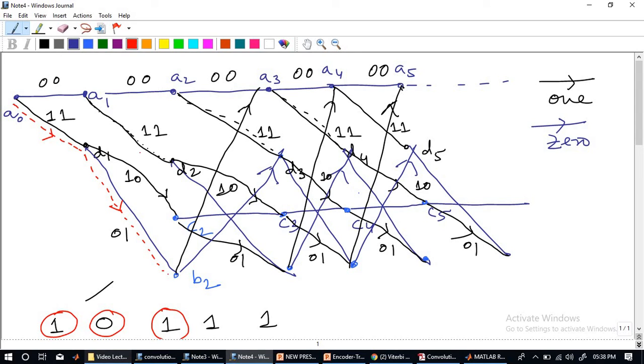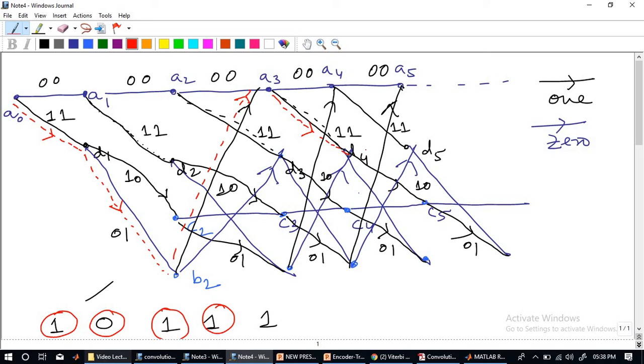So we are at this position. Now 1 comes in. 1 means black color. Wherever the black color will take me, I'll go this way. I reach somewhere A3. Now we are at A3. Now the next bit that comes in is 1, black color. Wherever the black color takes me, it takes me